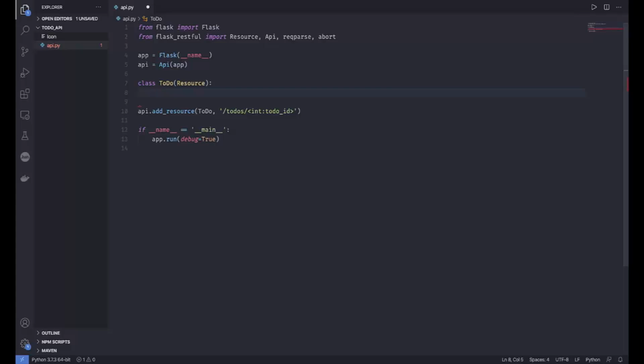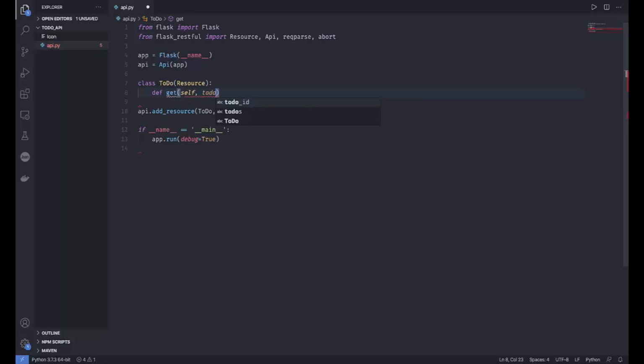So the get request to get that particular task using the task to-do ID, and post to actually send our data back to the server, or save our task in the server. In the fifth video, we'll be saving it in our database, but that is what we're going to do today. So let's have a get